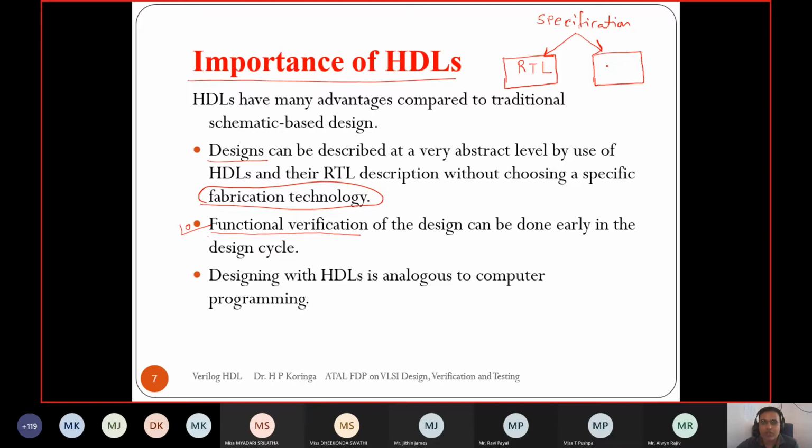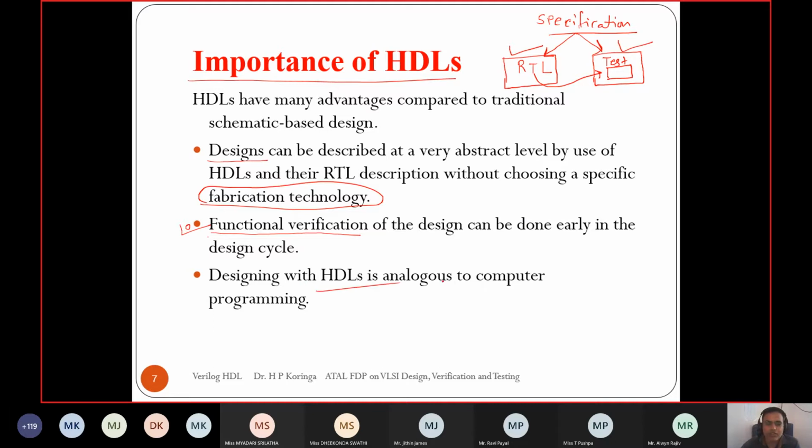In a black box approach, the verification engineers develop a test bench based on the specifications, and later the design is fed as the DUT in a top module and tested. So to develop the design as well as the test bench, HDL is used, right? So this is another importance of HDL.